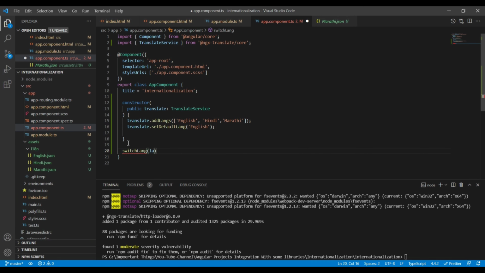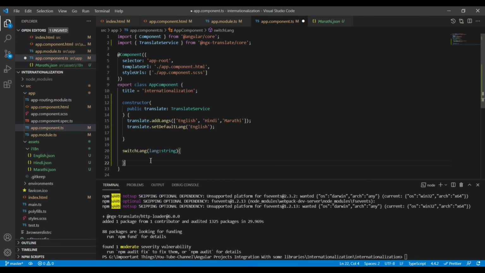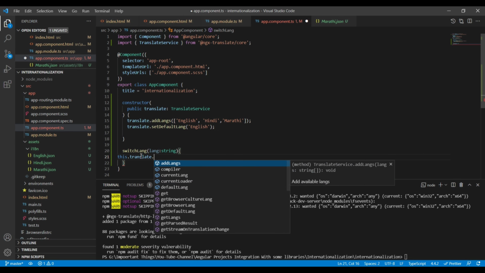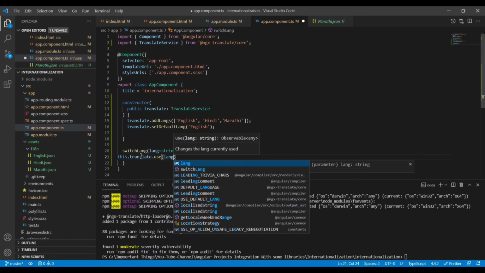We'll catch the language here, define the data type as string, and then simply translate it with translate.use(language), setting the current language.